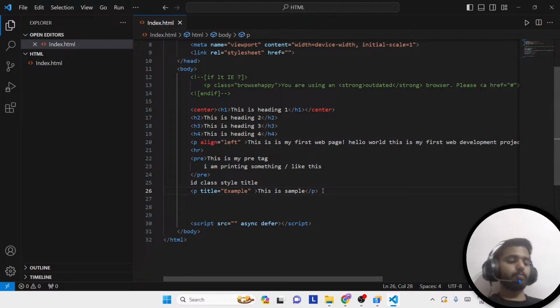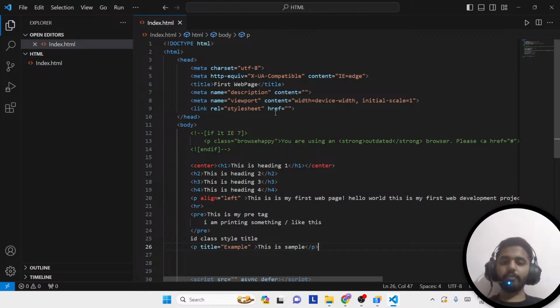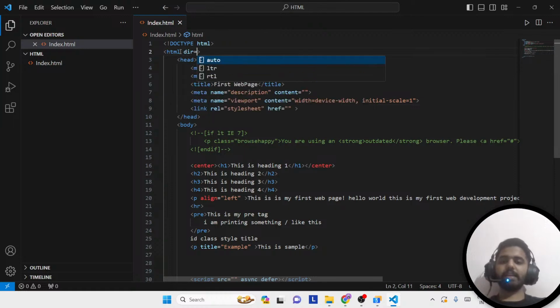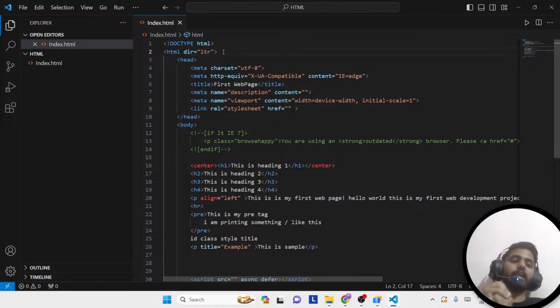So now let's move on with the internationalization attributes. So what are they? There is one called dir. When you provide this in the HTML tag, you can write dir is equal to, you can say left to right. LTR means left to right. So what is this dir? It is for bidirectional text. Let's say you are writing your contents in English, correct? So we have to provide right to left over here,